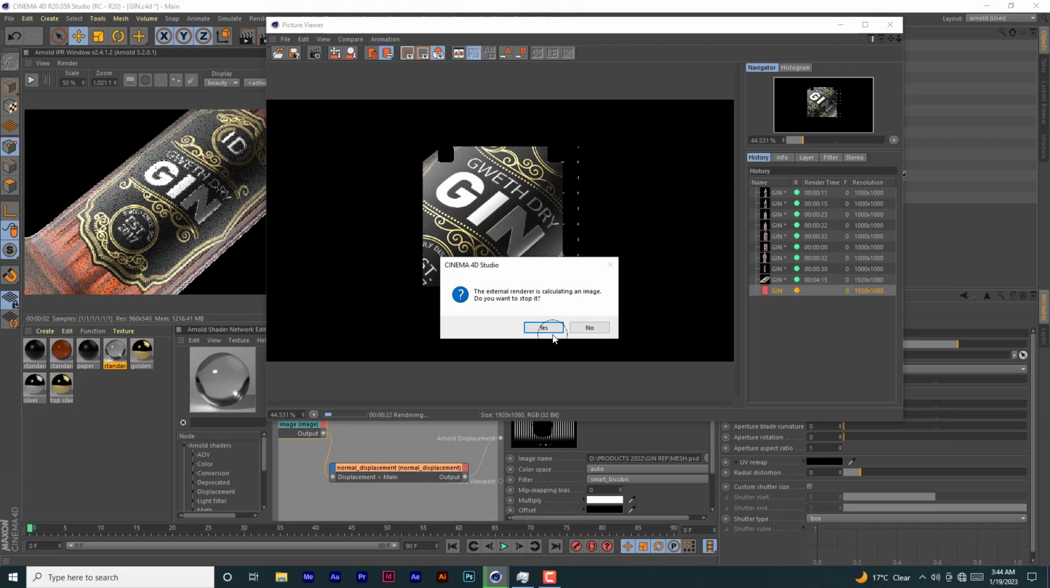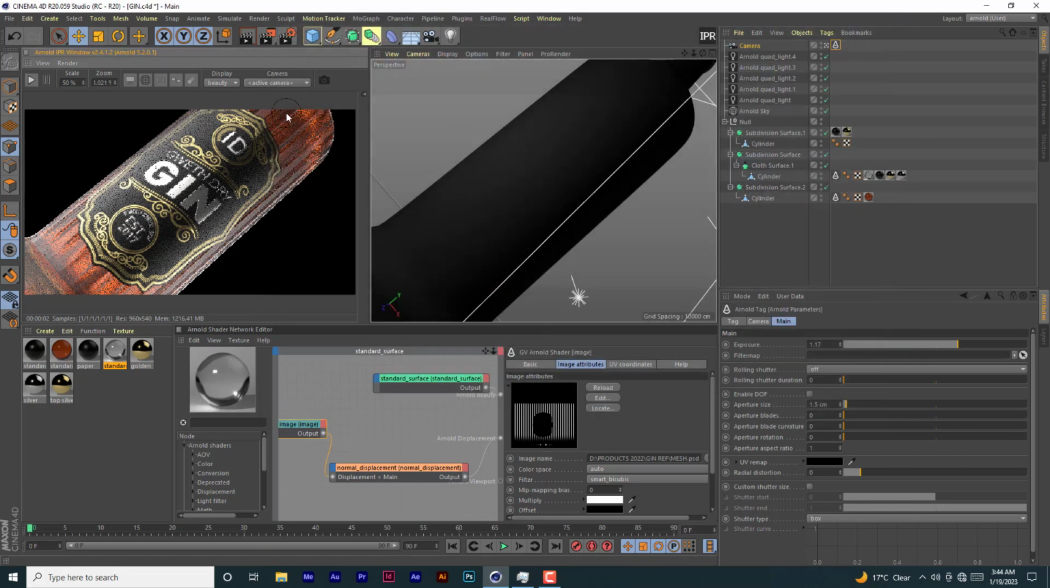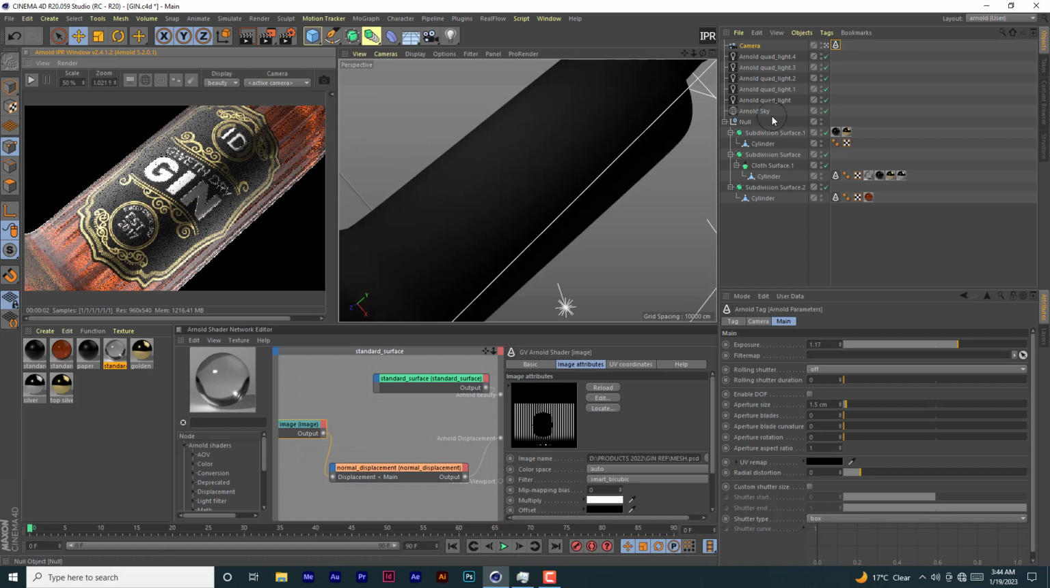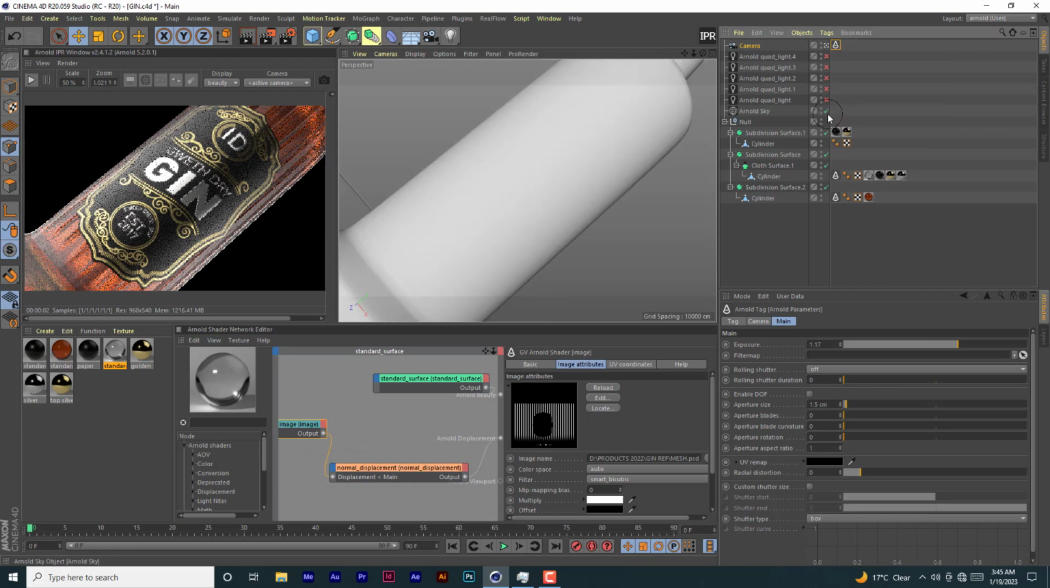So I'll be using Arnold Renderer. If you don't have Arnold, you can actually purchase it and use it. It's a very nice renderer. So let's start. I'll just walk you through, not like a step-by-step tutorial. I'll just walk you through how I did it. So I'll just disable all these lights and